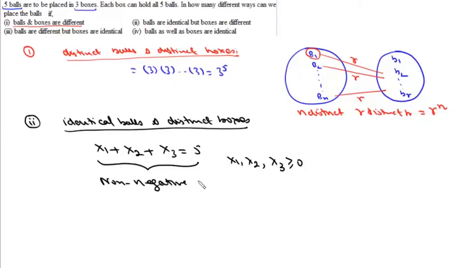Non-negative integral solutions. Now previously, for the case when no box is empty, we had taken the number of positive integral solutions. Now here we are taking the number of non-negative integral solutions because here 0 is permitted. So the number of non-negative integral solutions in this case will be n, which is 5, plus r, which is 3, minus 1, C, r minus 1,